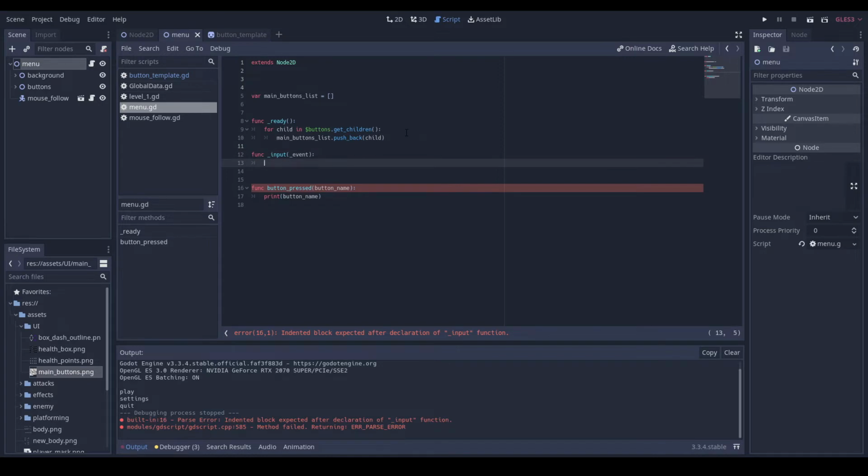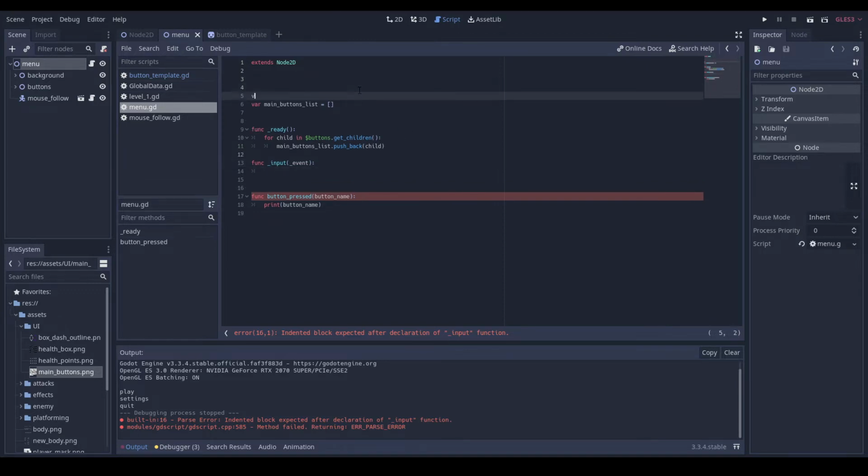It's just like a housekeeping thing to do. So then we go into our main menu var current button is equal to